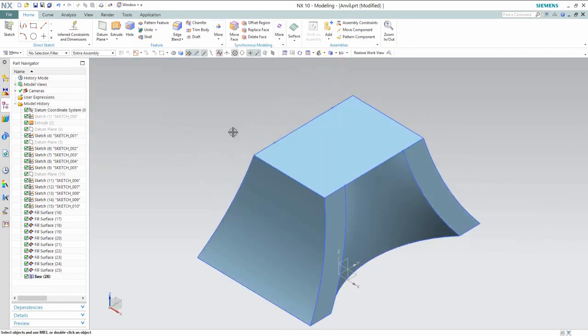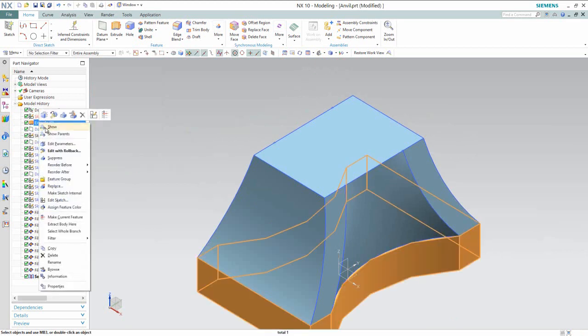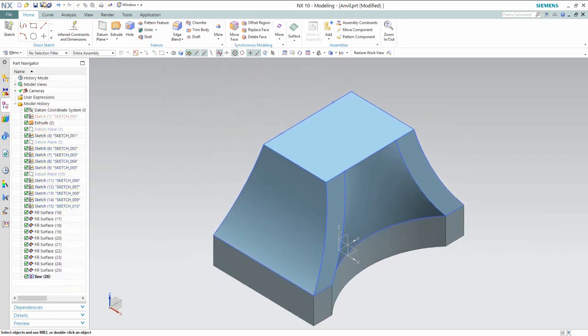Now open the visibility of the extrude feature and close the visibility of the sketches.